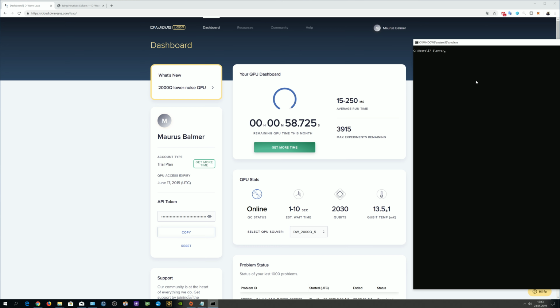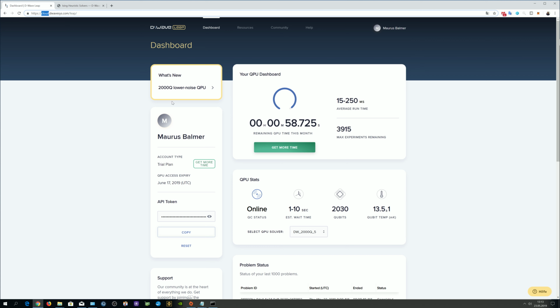Yes, and this time I'm showing you again some very interesting stuff. And what it's all about. It's about quantum computing. Here you see my dashboard of the D-Wave Leap directly connected to the cloud server